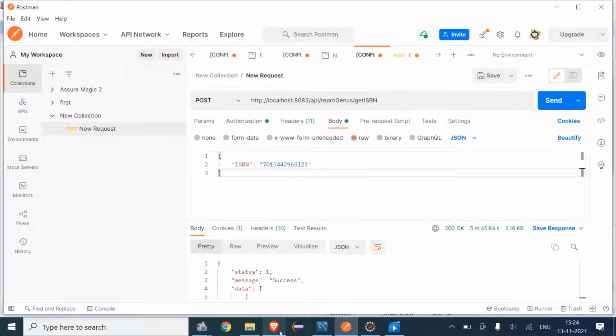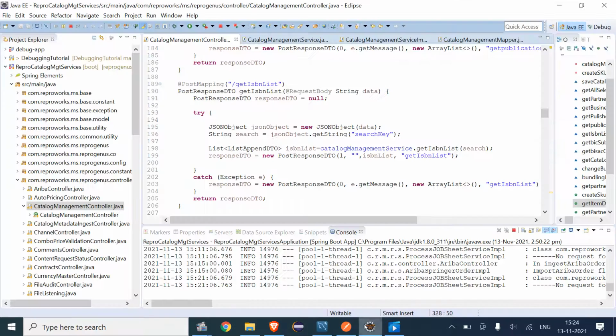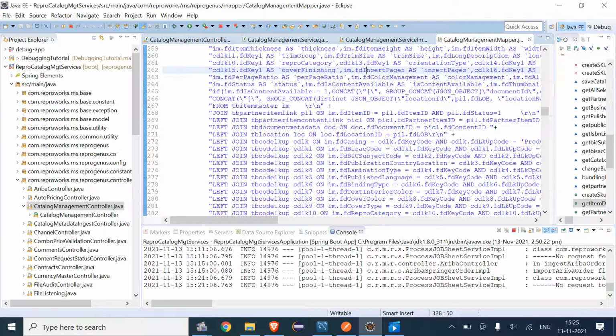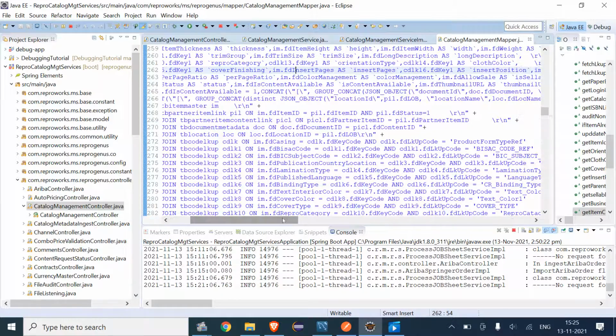After this, in the mapper class, all types of queries are inserted. All those things I have seen here. Here are the queries basically, for example, for the ISBN method.